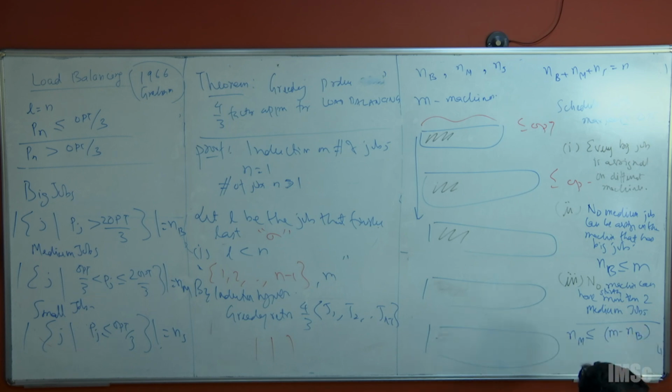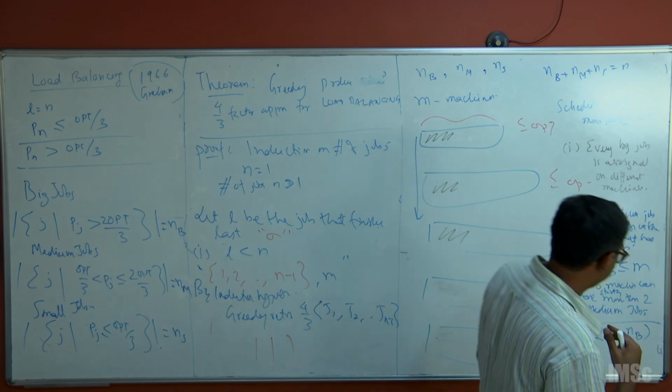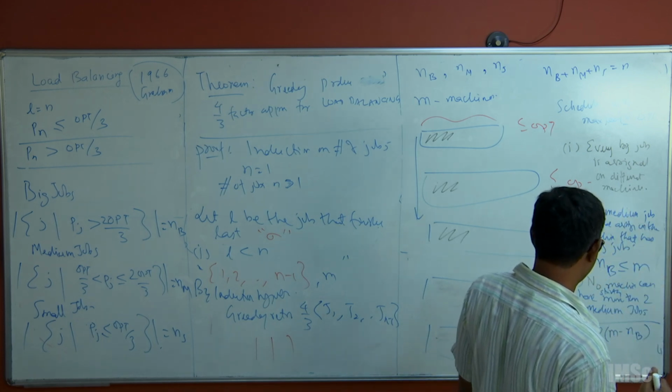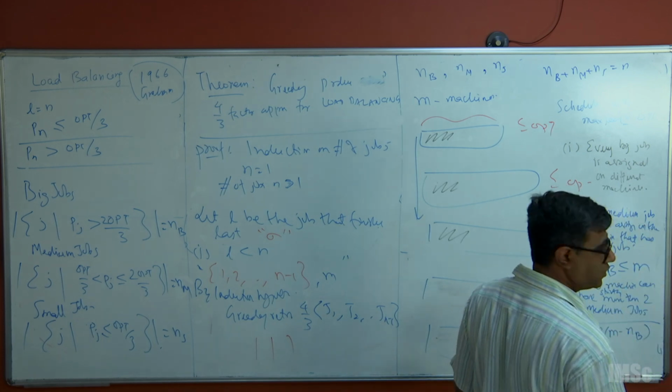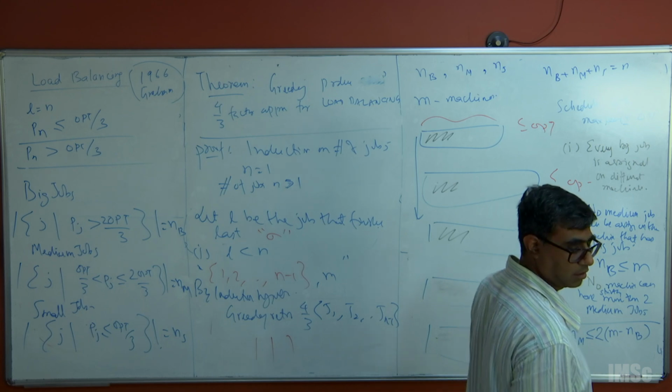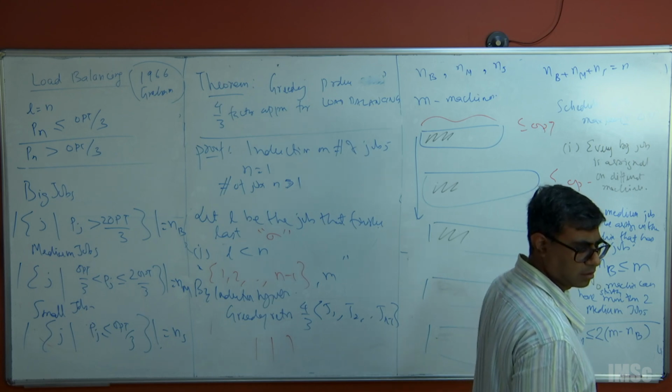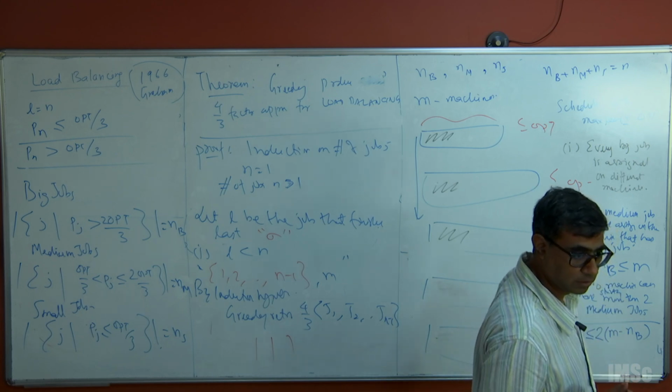And each of them can have how many medium jobs? 2. That's it. Not everybody can have 2. So this is what it is. If it's all equal, then every machine is more than 2 opt by 3, so then Pn cannot be. No, I don't understand what you are saying. If Nb is equal to M,